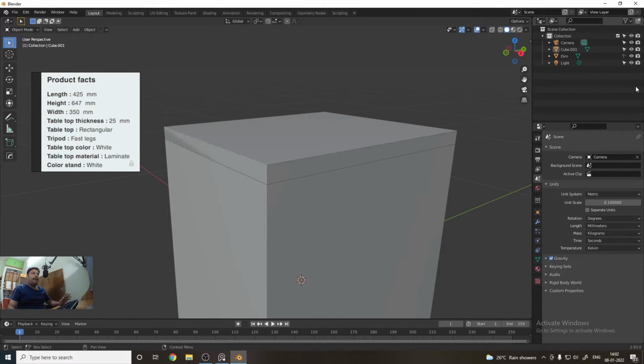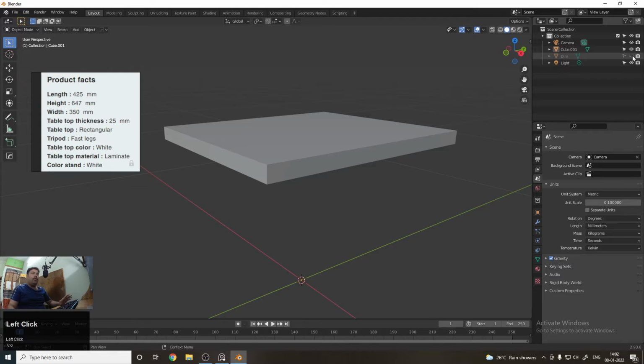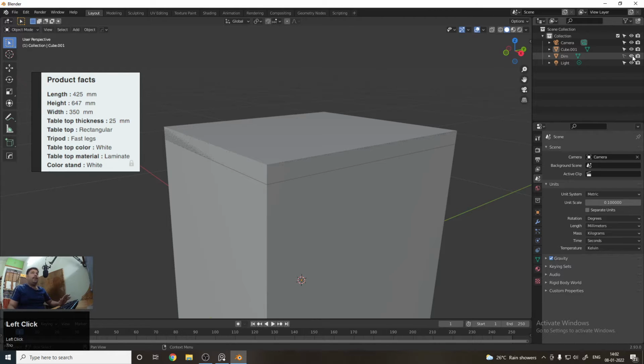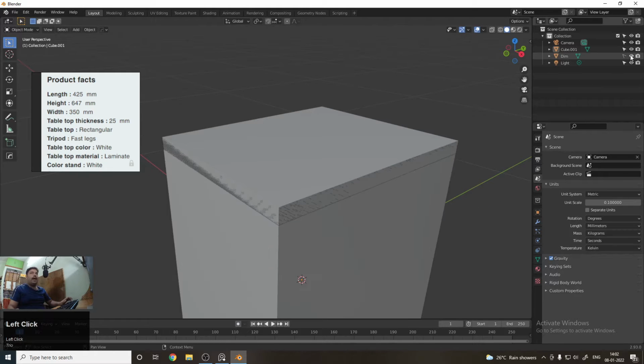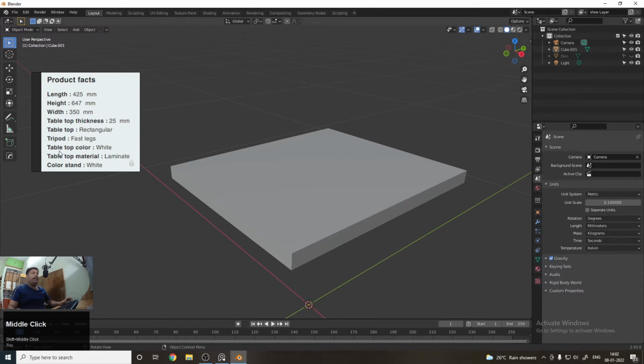So if you want to hide the diameter cube, here you can see that there is an eye button. Just click on it and you can hide or unhide this, or hide or unhide any kind of cube or any kind of mesh. So now I want to hide this mesh, so just click on this eye icon, so it will get hidden.